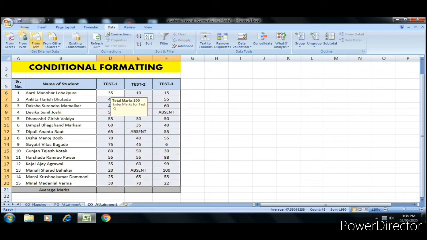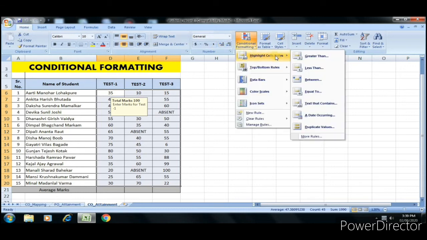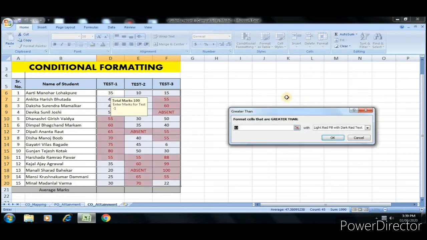Now we'll see how we can perform conditional formatting. Select all the cells, go to home, conditional formatting, and highlight cells rules. I can highlight the cells as per the condition: greater than, less than, between, equal to, text that contains, a date occurring, and duplicate values. Suppose I have to show all the students whose marks are greater than 40. I have selected the greater than option and I set the marks to 40. I have to show all these cells with the green color. The number of options are given, red, green, yellow. I select the third, the green fill with dark green text.